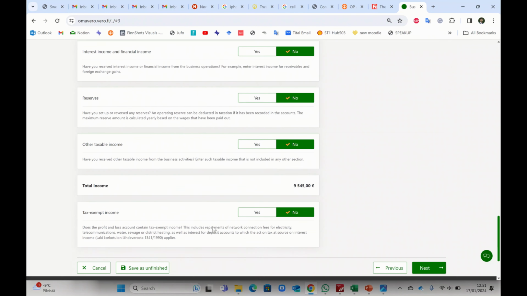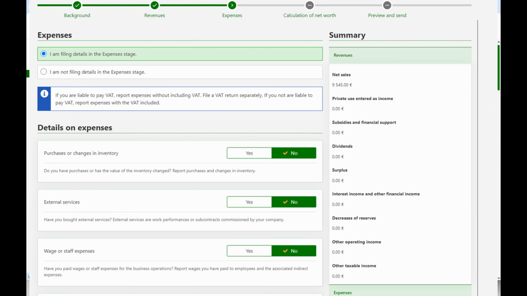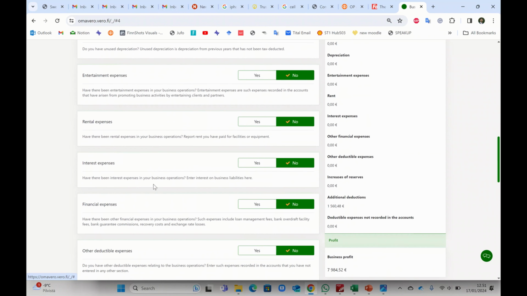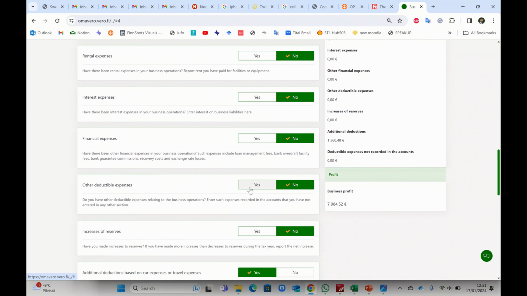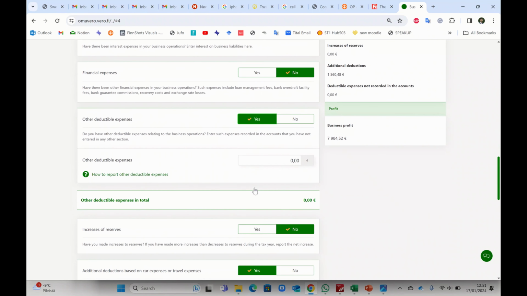So yeah, after this you have to go all the way down, click on that. You don't have to click anything else here. Just go to the next. Now here you have to file your business tax returns. Remember that you just have to go to other deductible expenses. You don't have to file anything else. Just put it here, other deductible expenses, and those are